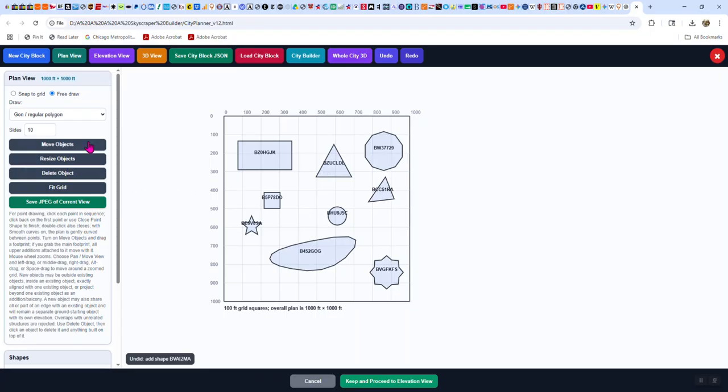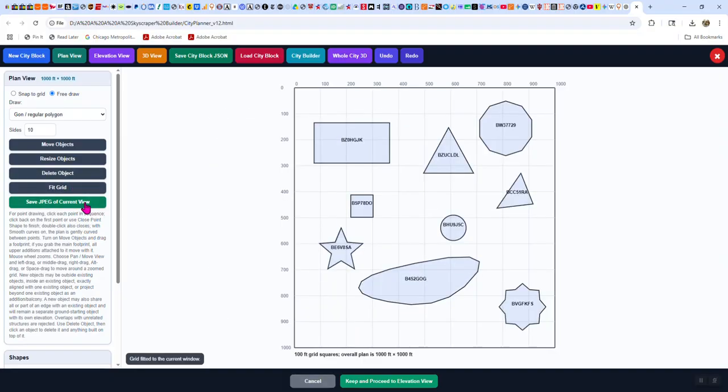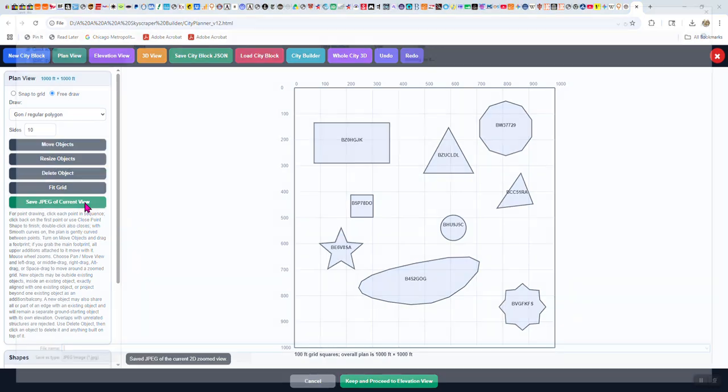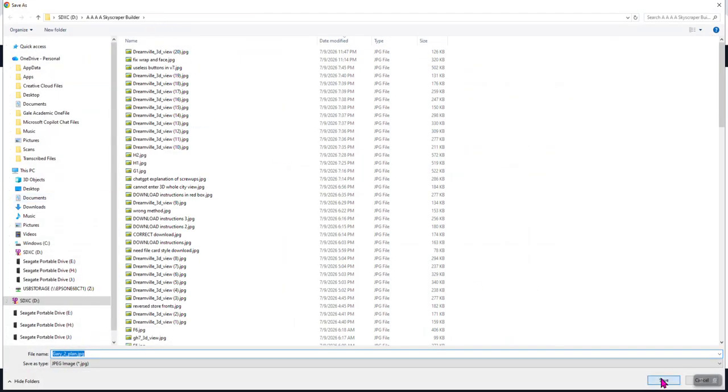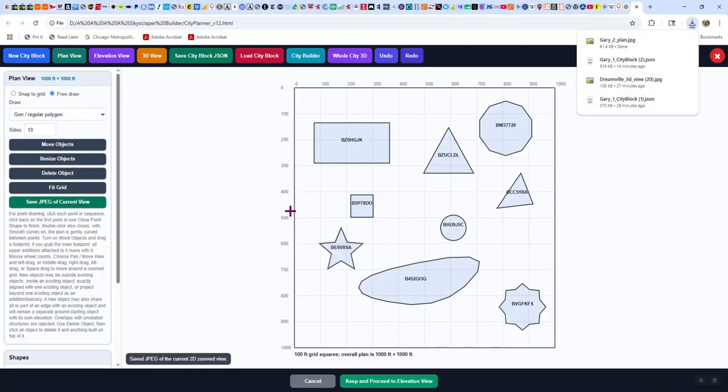And then if you want to move something, you have to turn on move objects. It'll light up. You can grab one, you move it. You have to use these one time. Resize objects, same thing. Buildings shouldn't topple on top of each other. You can delete an object. You can use undo right away, but if you later want to delete it, you can. Fit the grid just makes it fill the screen. And you can always take a JPEG of what you're doing. It'll ask you where you want to save it and what you want to call it.